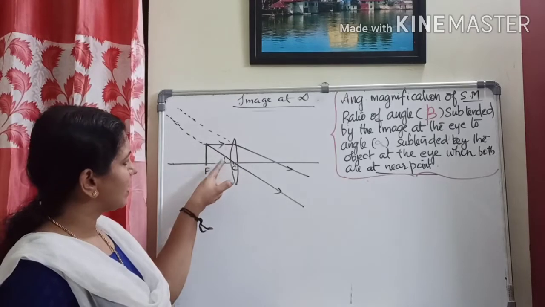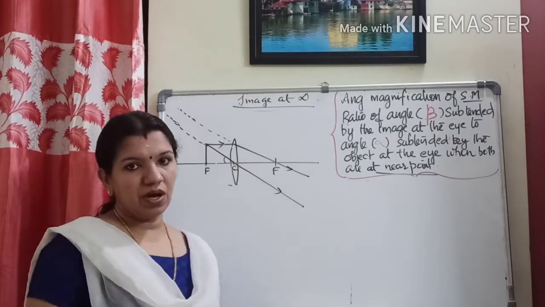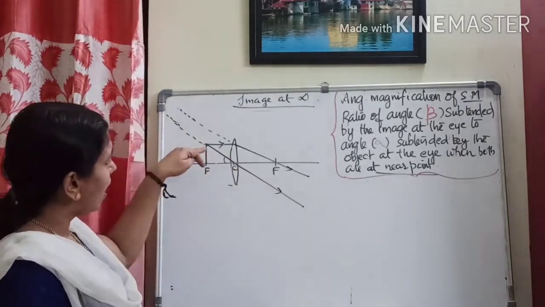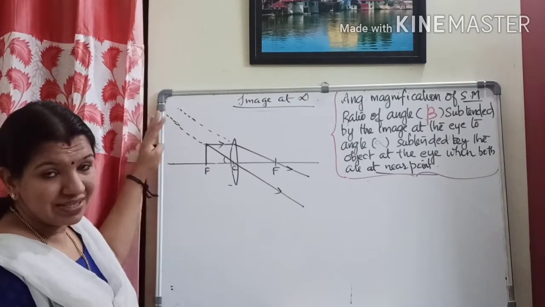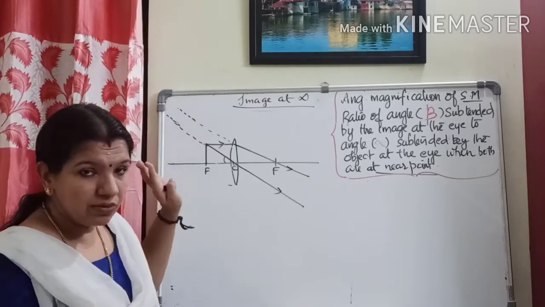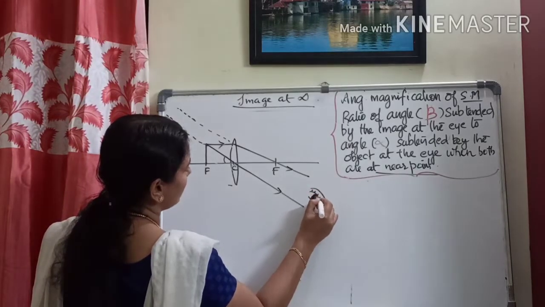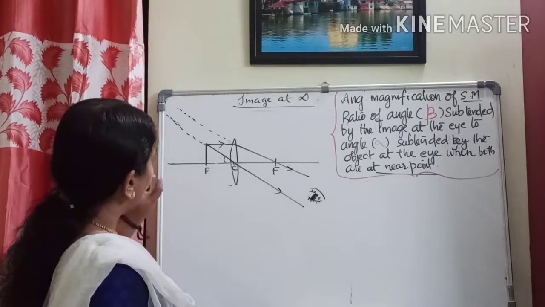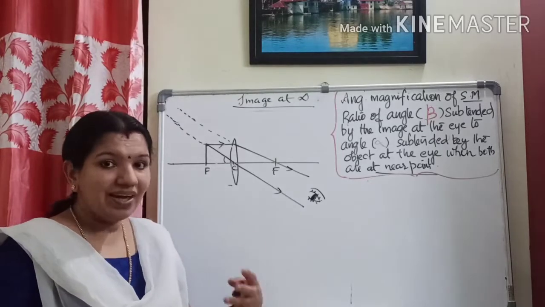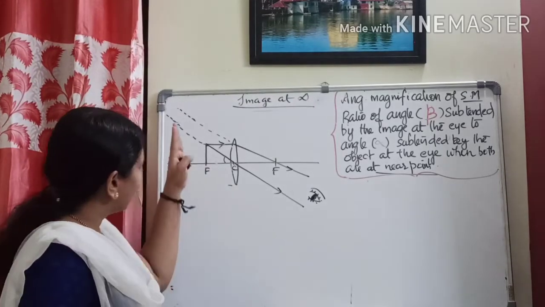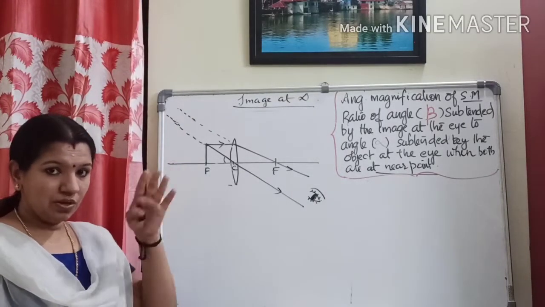First ray passing parallel to principal axis passes through the focus on this side, and second ray passing through optic center moves without any deviation. Suppose if you are extending, you can see that here you will get an image that is at infinity, parallel, no? So it will be at infinity. So here the observer is there. Okay. Now, at infinity in the sense, anywhere it can be formed, that image, isn't it? Here it can be formed, here it can be formed, anywhere you can form the image. It's a vast area, right?